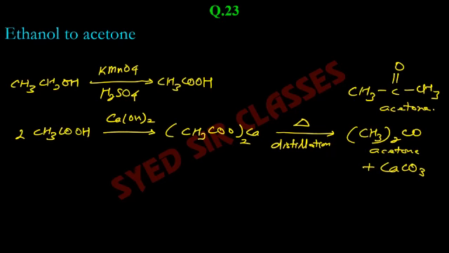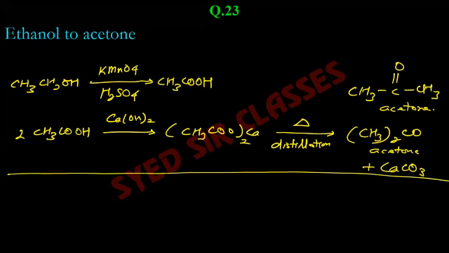Now, if you apply whatever knowledge you already have, you convert ethanol, you use the Grignard reagent, and you convert to alcohol. Grignard product can be converted to alcohol by simple hydrolysis, acidic hydrolysis. After that, you can convert that alcohol to ketone again. Okay, try to understand what I am saying.